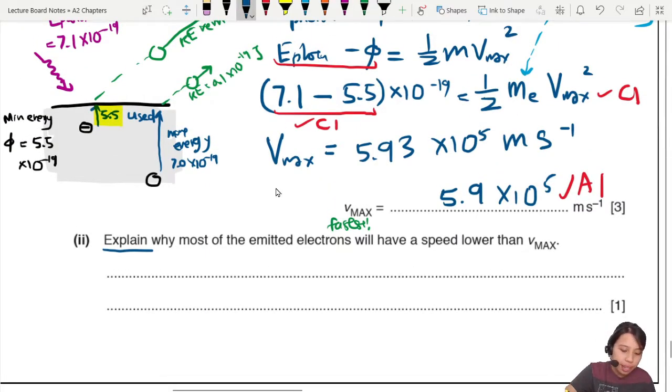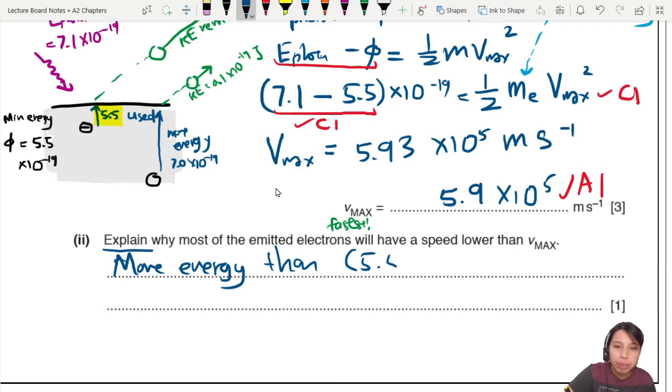We can say that more energy than our work function, which is the minimum 5.5 times 10 to the negative 19, is needed